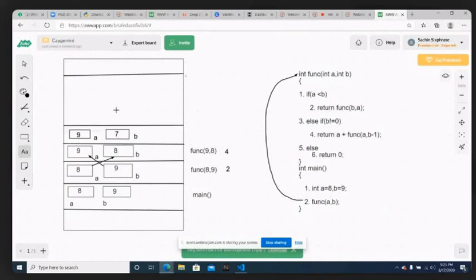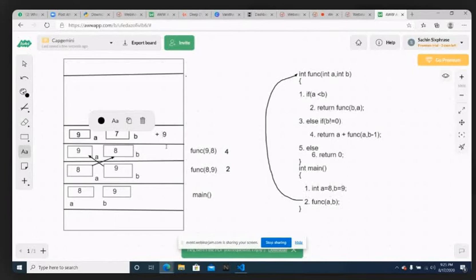And one more thing, with the recursive call, you are also adding the value of A. So what is the value of A here? 9, the previous activation record's value of A. A is 9. So with the answer that you are going to receive for this recursive call, you need to also add the A value, which is adding 9. The corresponding A value 9 has to be added here.